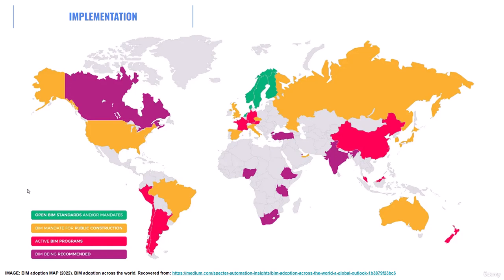Throughout the years, all the different governments of the countries are adopting BIM because the benefits for public construction are clear and present. Many countries still use BIM as active programs or as something being recommended, but throughout the years BIM has seen an extensive implementation, and it's quite possible that this trend is going to be present even more in the future. So keep this in mind, that the use of BIM, besides being extremely beneficial, is going to also be mandatory for public construction and something imposed by the law.